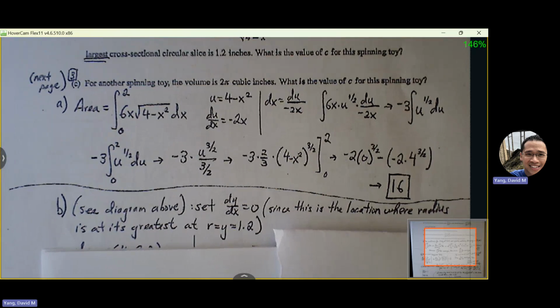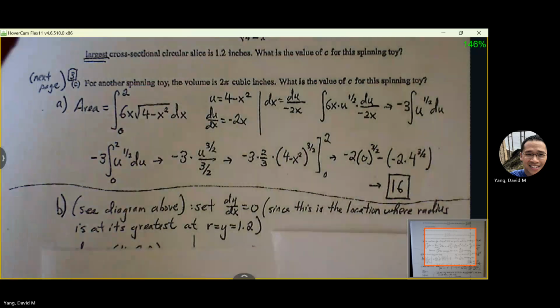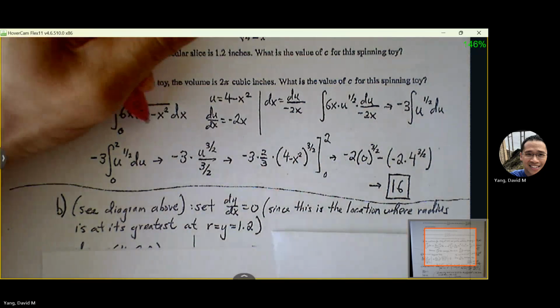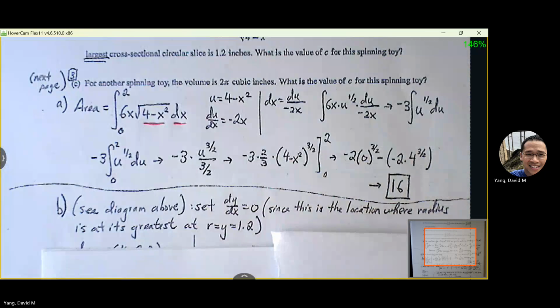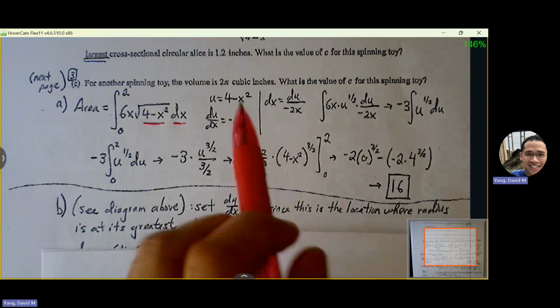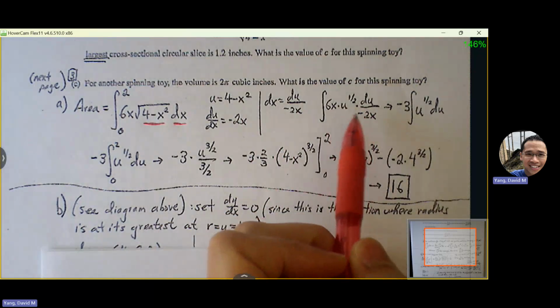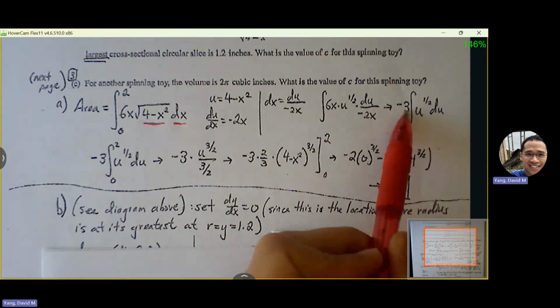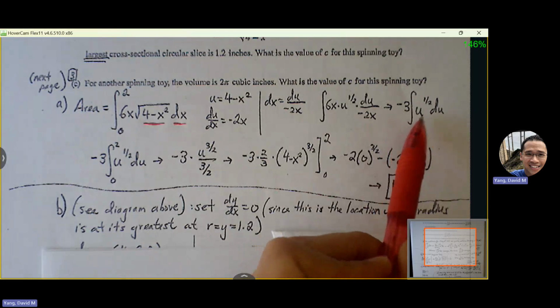Okay, so we just go through our procedure for U substitution. We let our U value be the 4 minus x squared, derivative is -2x. We make our substitutions. We need the x's to cancel out, and they will. Once we make our substitutions, the x's cancel out. The 6 and -2 gets pushed out as a coefficient of -3.